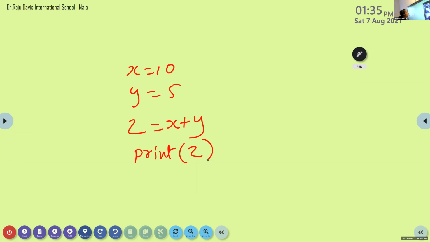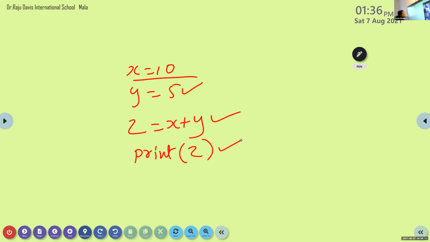Yes, x is equal to 10 is the first statement to execute. After that, y is equal to 5. After that, z is equal to x plus y. And after that, print z. This is the control flow of a normal program.